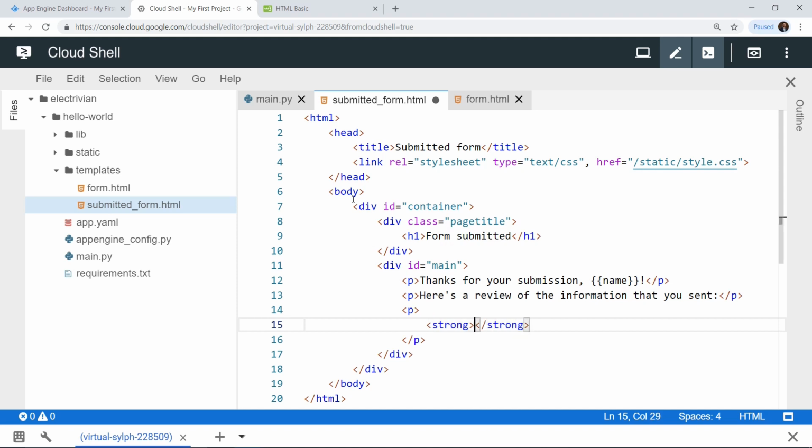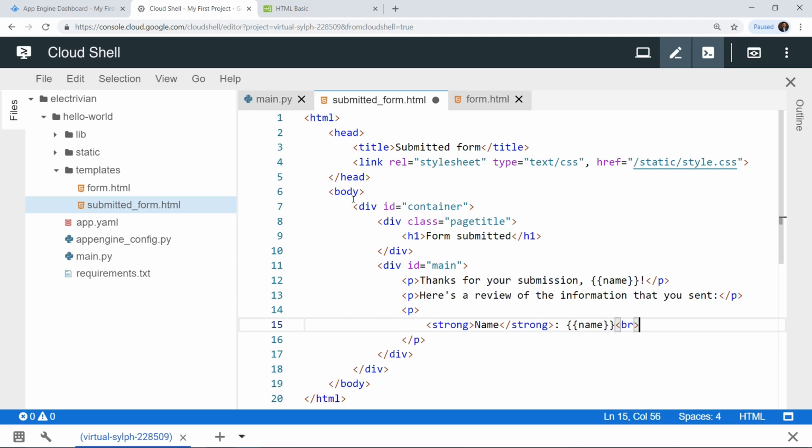Any text which is entered in between these tags is bold. So we have the name. This is just telling the user that this is the name. Let's add a colon after it followed by a space. And now we also want the variable name, and then we want to go on a new line.